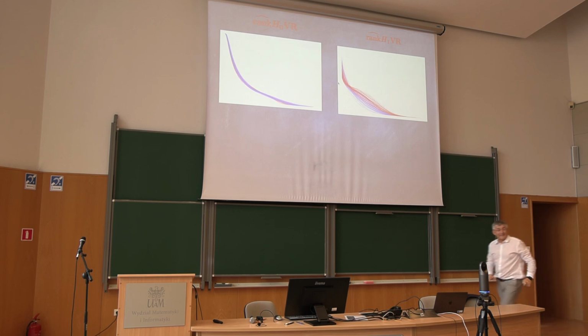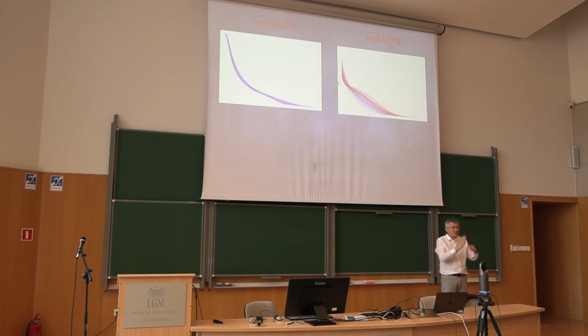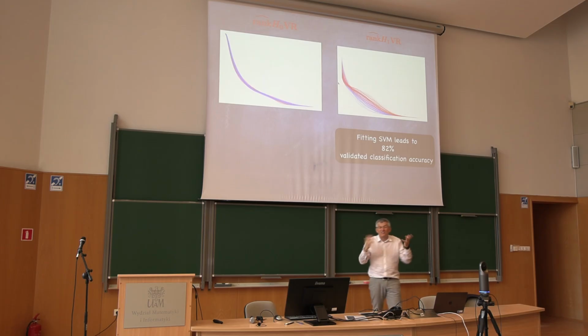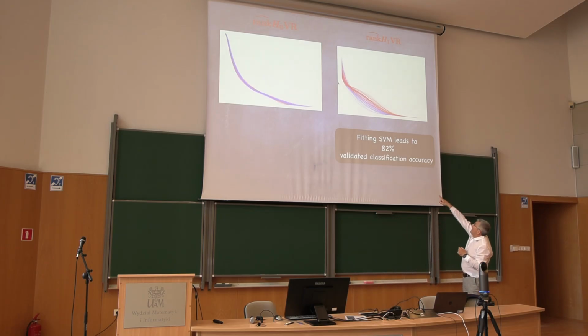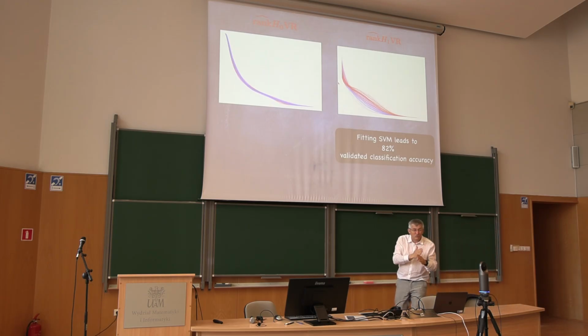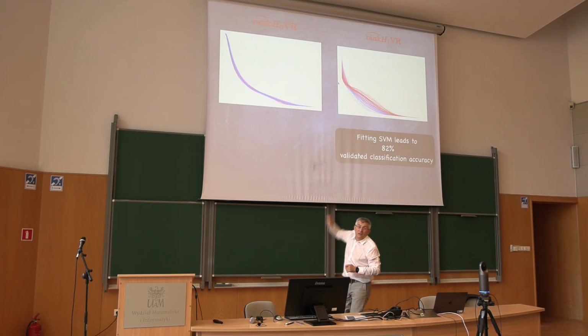Now, this space is a Hilbert space. I can measure angles between these functions, so I can use support vector machines. This is a linear classifier, but why not? And I get 82% classification. Now, if you try to look at angles between these functions, functions are very weird. You might miss them because sometimes they go faster, and some of them come later.